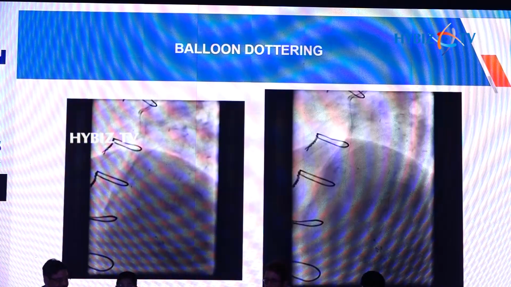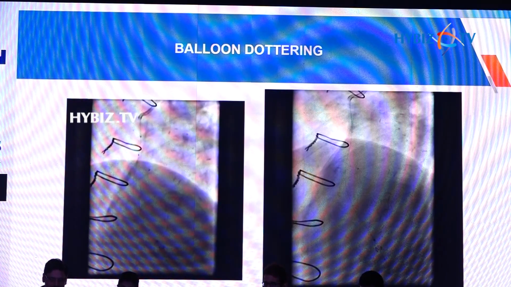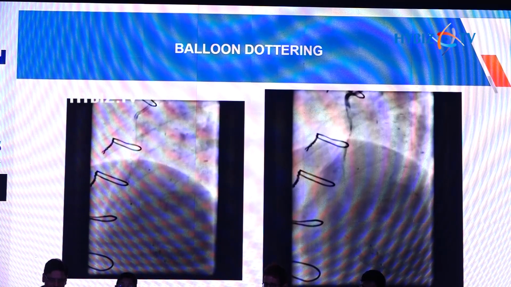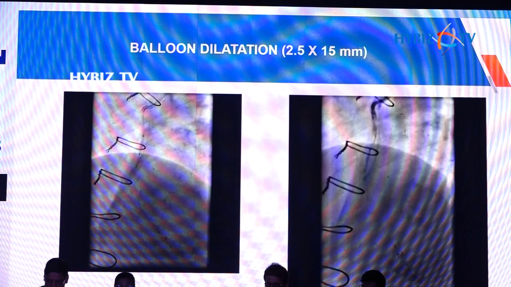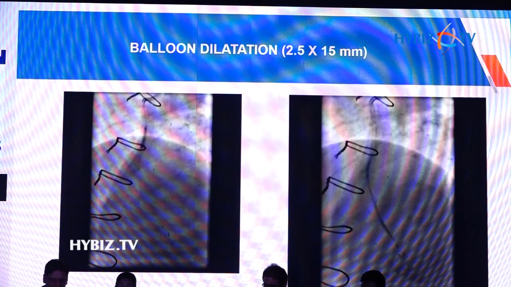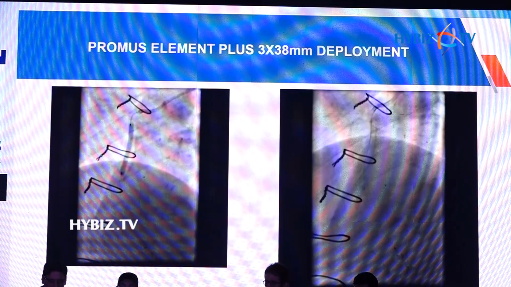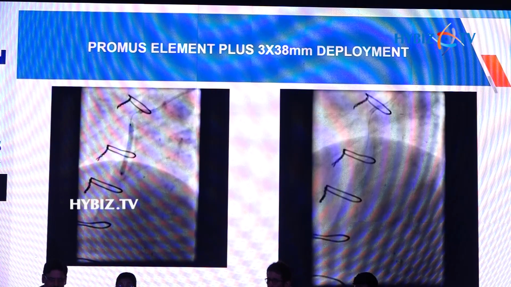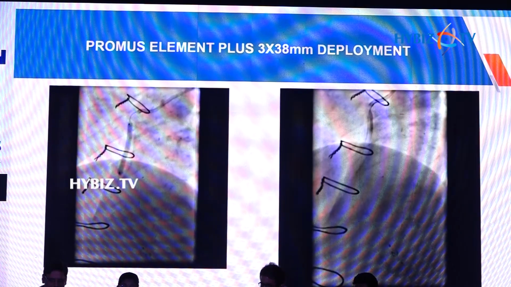up and implanted. So first with this thrombus load and this occlusion, I thought balloon dottering would help, but it was of no avail here. And then a balloon dilatation with the same balloon was done, and you see there was a mild trickle of flow into the SVG. I wanted to trap the thrombus with the Promus Element stent, a 38 mm stent proximally, but again you see there's a similar